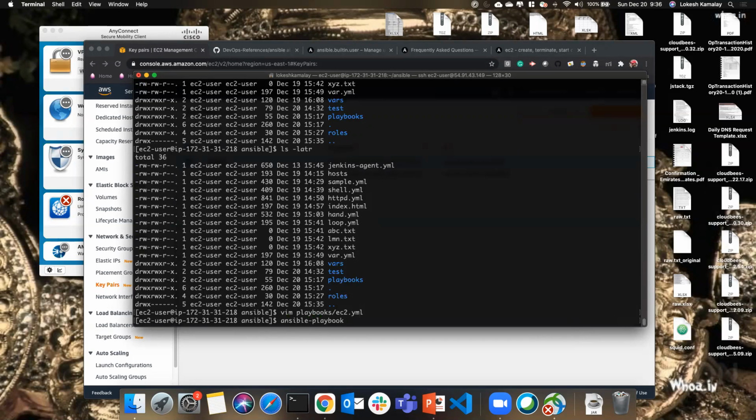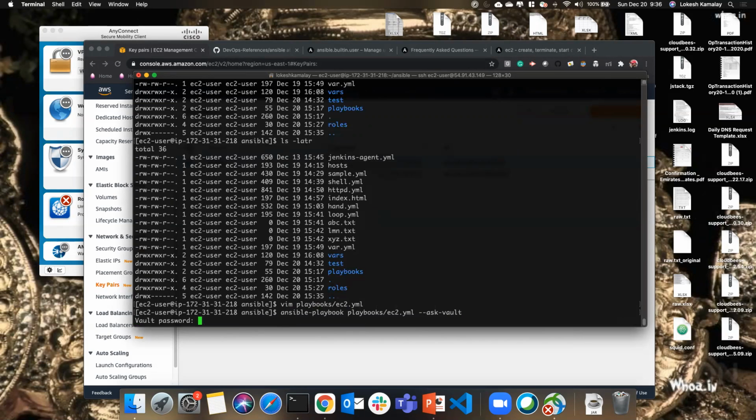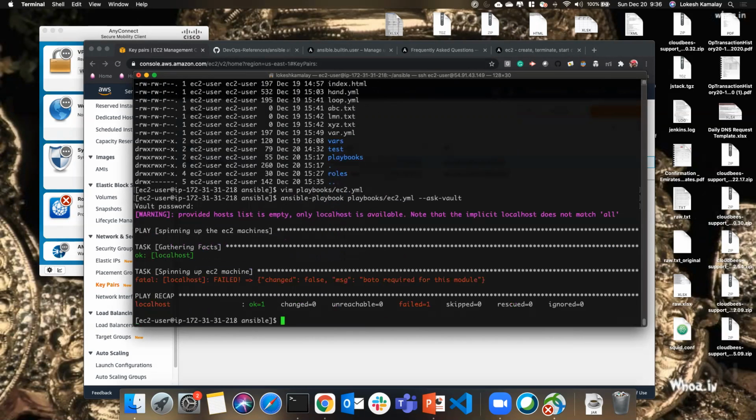ansible-playbook. There is no need to provide -i host now. playbooks ec2.yaml. So we need to provide the vault password. Loki. Yeah, it will fail because it says Boto is required. So we need to install Boto. So to install Boto, which